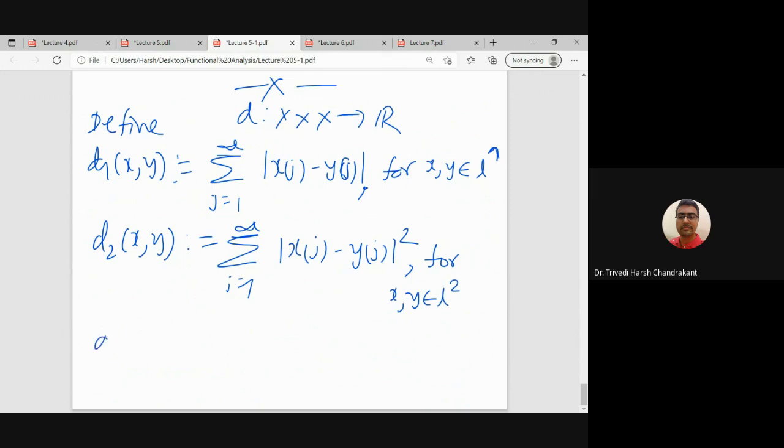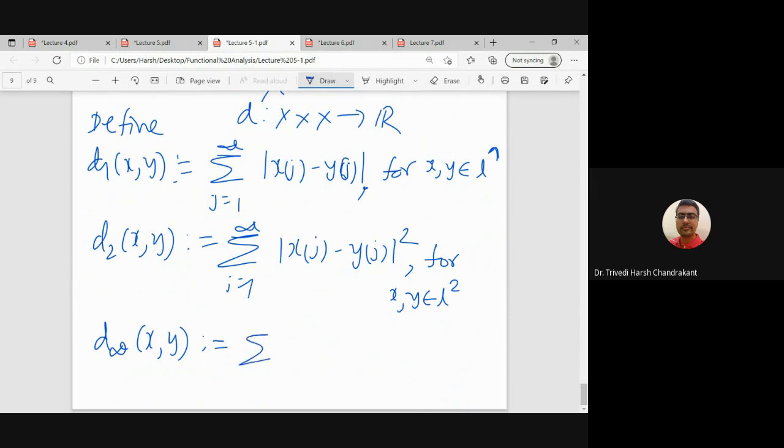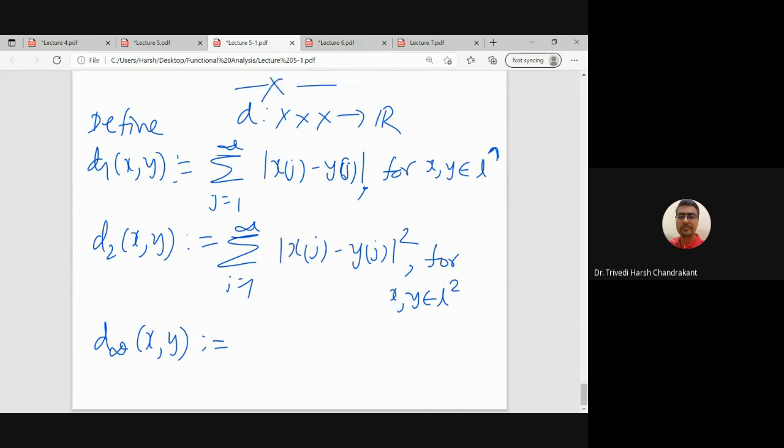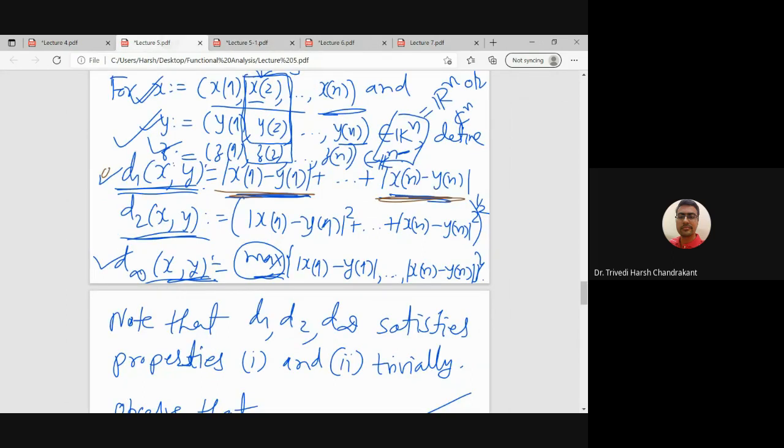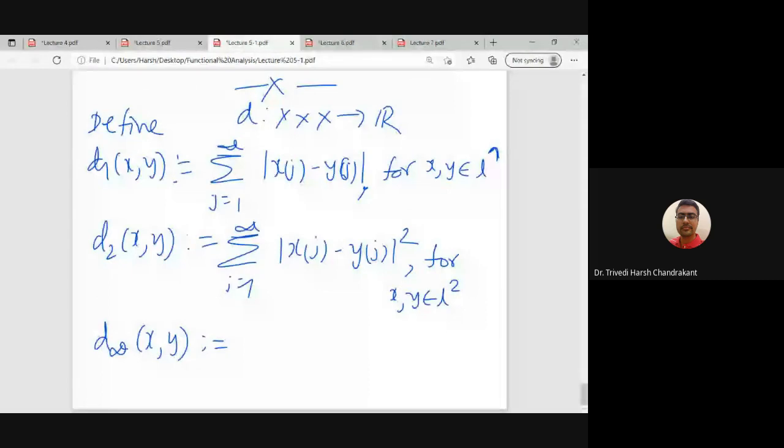And the third metric which we shall define, that is summation. Instead of summation we have supremum. So here the L1 metric was defined using summation, but now we have infinite coordinates. So we are defining it as the supremum of |x1 minus y1|,